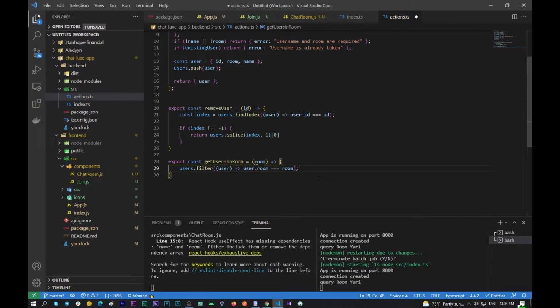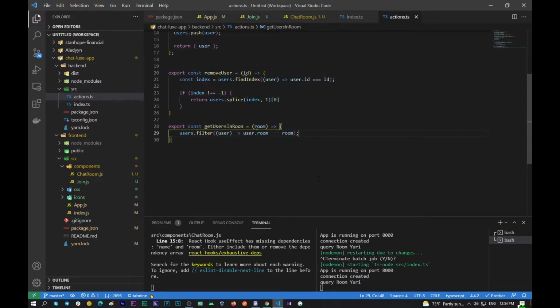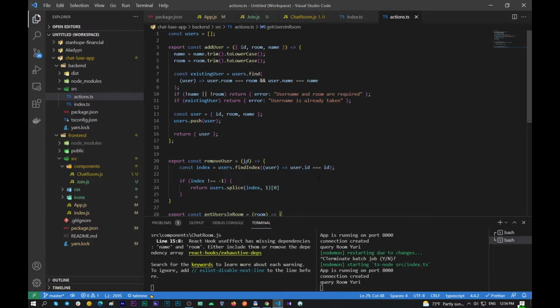So it looks like everything is correct. We already added the three functions that we need in our work. So let's go to the next step